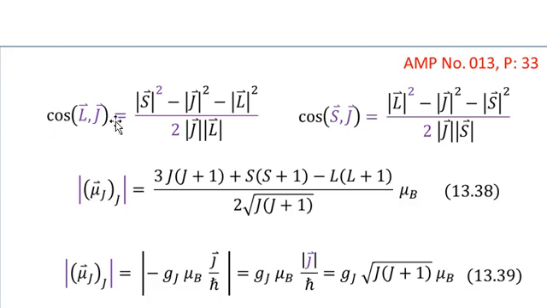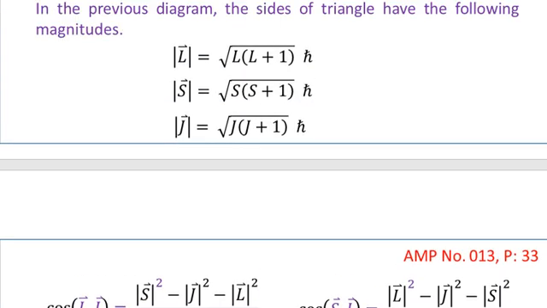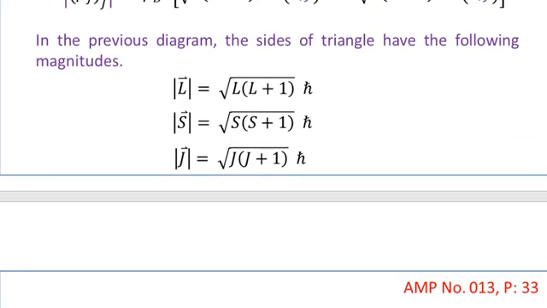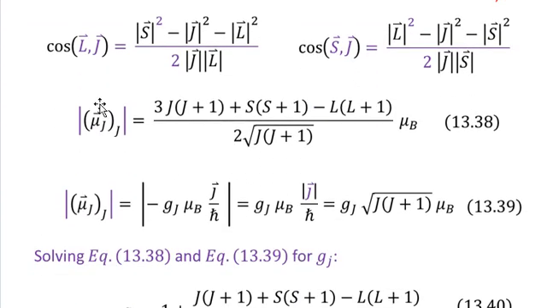So substituting the values of these cos values in the previous expression, putting the values of cos of L comma j and cos of S comma j, we have obtained these values of cosines using the direction cosines, and substituting these values over here and simplifying the result, I have obtained the value of mu jj is equal to 3 times j into j plus 1 plus s into s plus 1 minus l into l plus 1 divided by 2 times the square root of j into j plus 1, and then this whole expression multiplied by mu b, where mu b is the Bohr